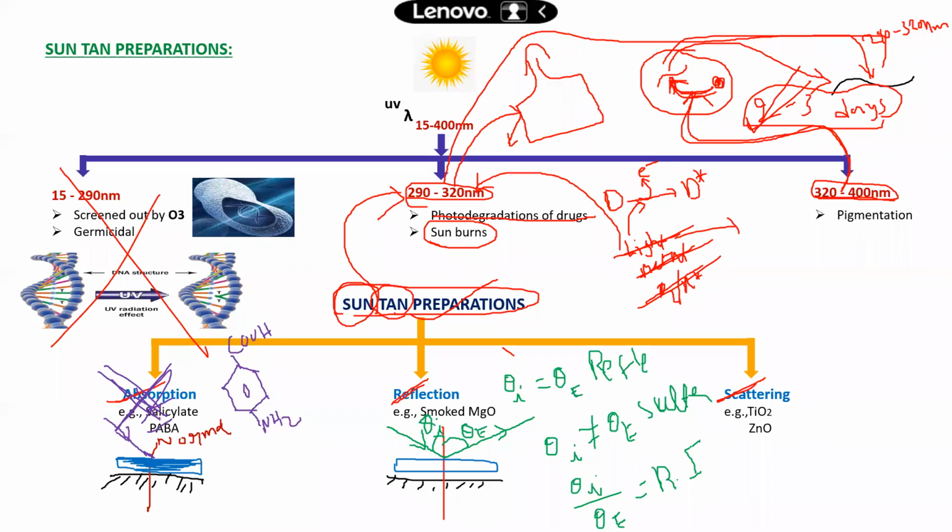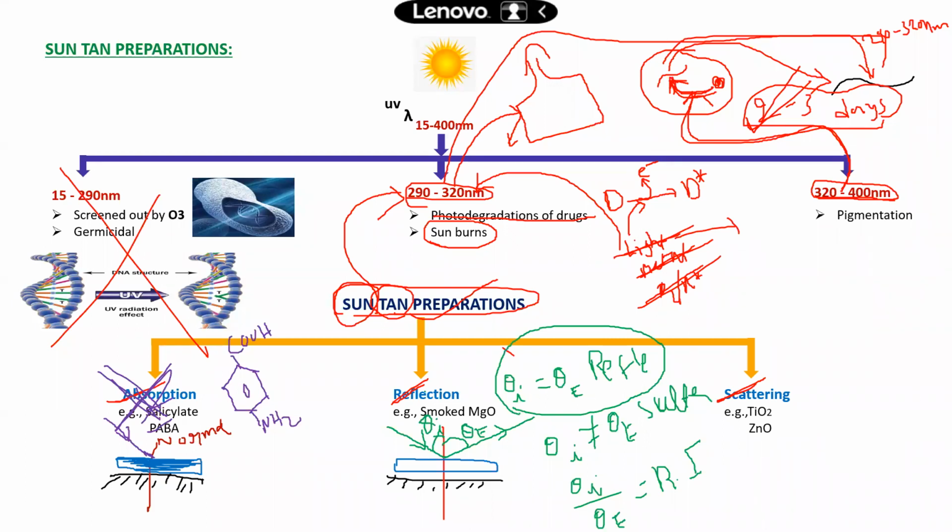Friends, there are two mechanisms, either absorption or emission. Emission mechanisms are again of two types, reflection and scattering. If the angle of incidence is exactly equal to the angle of emission, the emission process is called reflection. If not equal, it is called scattering. Reflection is not commonly observed; it can be observed only in special conditions.